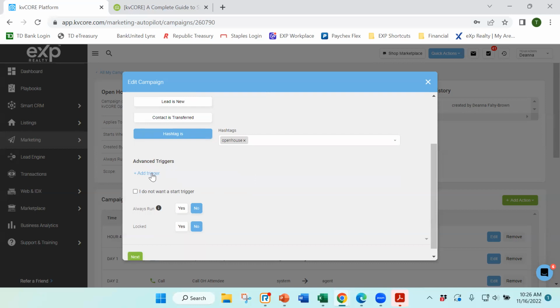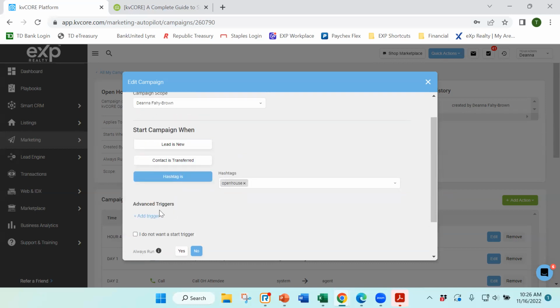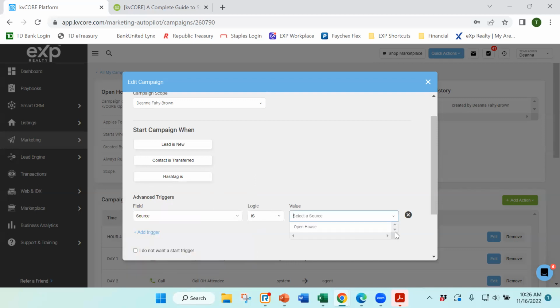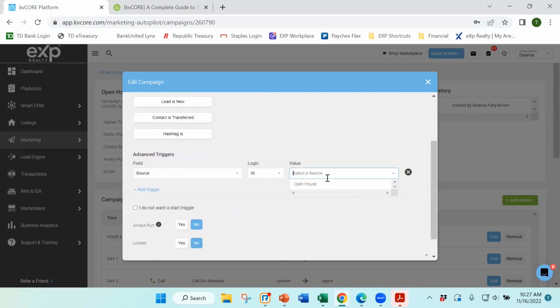Okay, the source feature, if you do want to use source instead of hashtag, source is about where that lead is coming from and how kvCore is recognizing that lead. So if you have a lead that comes in through Making It Rain, for example, let's